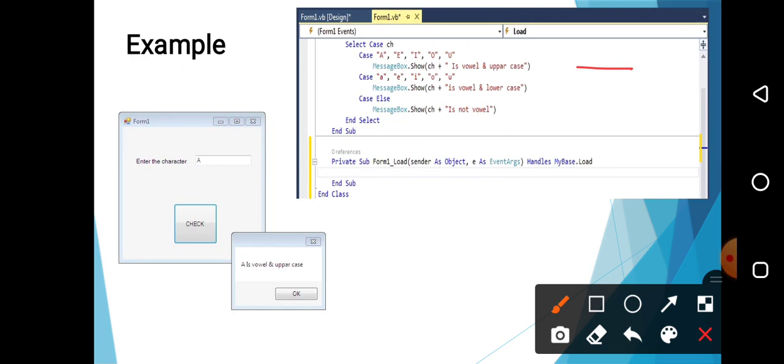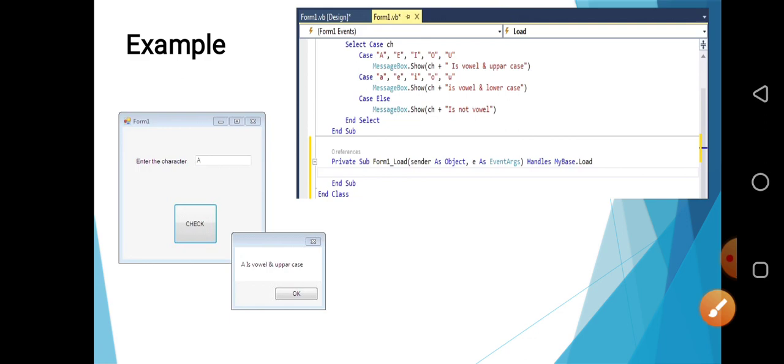Student, as you know, lowercase a, e, i, o, u are also vowels. Therefore, I am writing the second case in small letter a separated by e, separated by i, separated by o, and after that u. All should be in double inverted commas. As I said before, you can write a separate case for each lowercase a, e, i, o, u, so there would be a total of 5 cases if you wrote them separately. But for time saving purposes, you write it in one statement only.